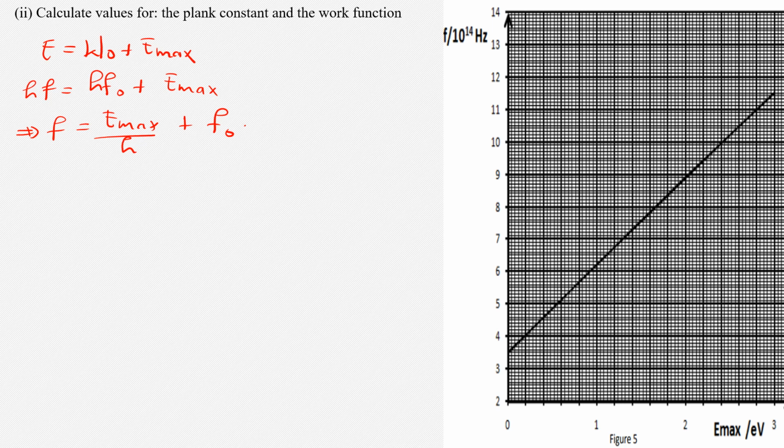Now E max divided by H can be written in the form 1 all over H times E max plus F0. So we see that the gradient M of that graph is the reciprocal of the Planck's constant. So let's calculate that gradient. So M will be the variation in F divided by the variation in E,